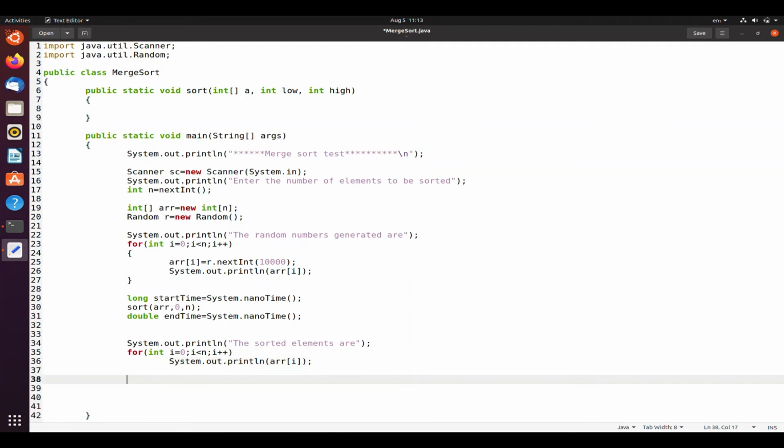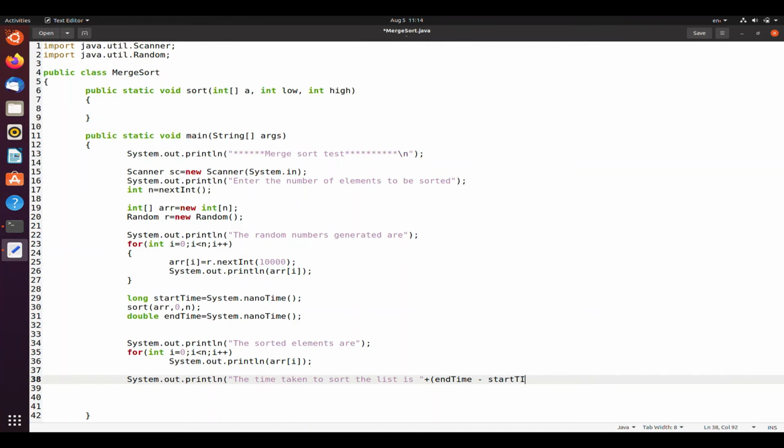Now we need to calculate the time taken for sorting and print it. System.out.println the time taken to sort the list is, so we calculate by end time minus start time.